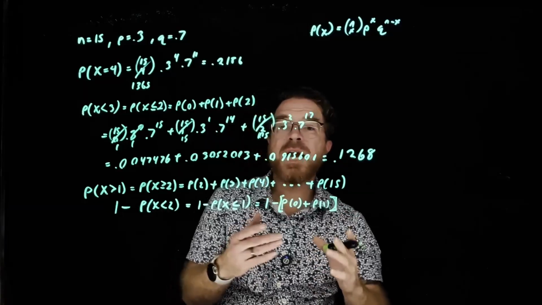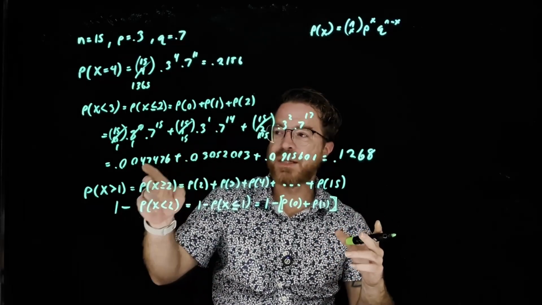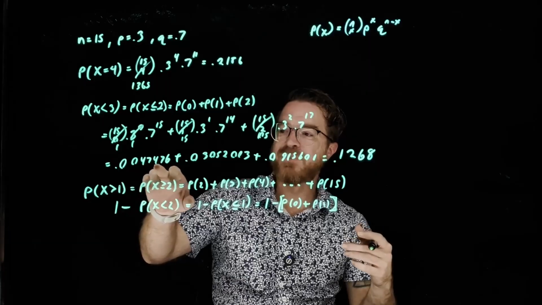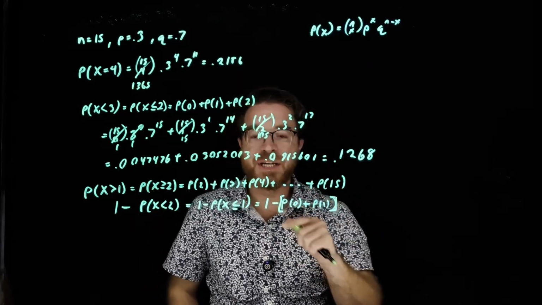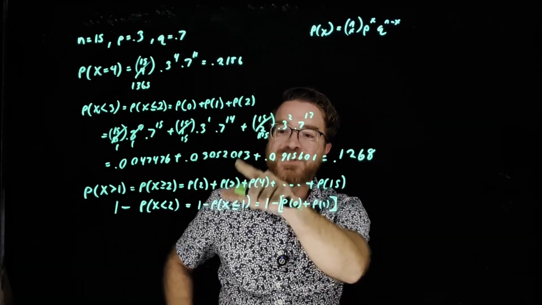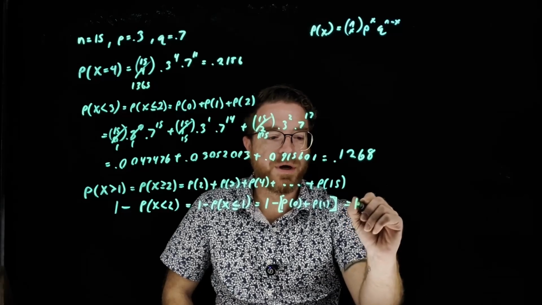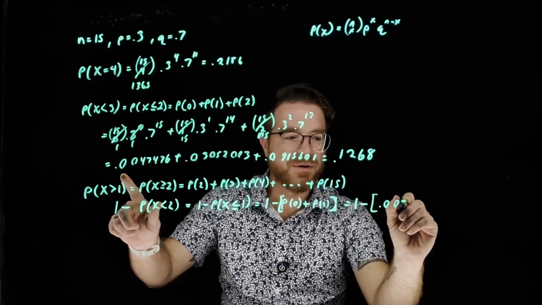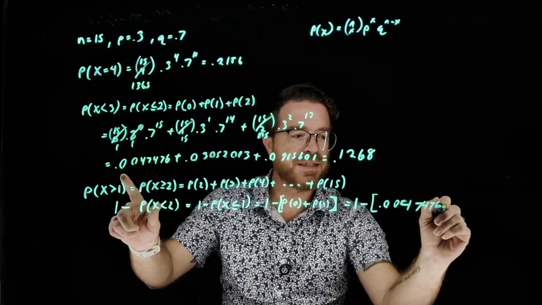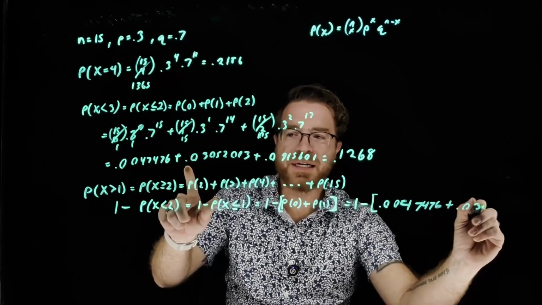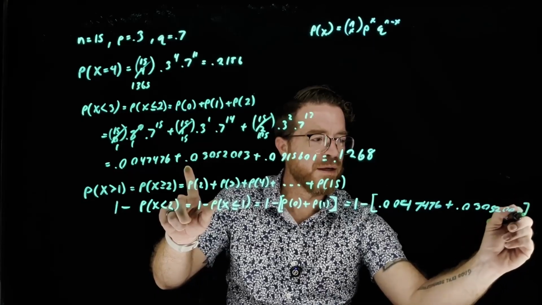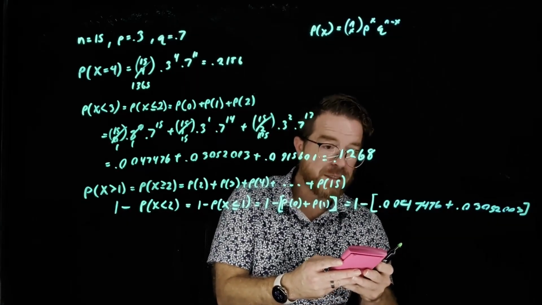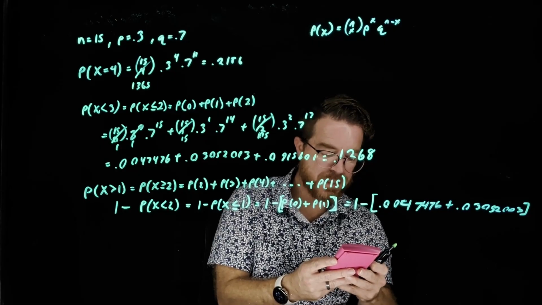Now, thankfully, we actually already have these values from the last set of calculations we did. The probability of 0 people owning a tablet computer is 0.0047476. The probability of only 1 person from our sample having a tablet computer is 0.03052003. So then I'm just going to take 1 minus 0.0047476 plus 0.03052003. So I'm going to figure out what this value is, subtract it from 1, and I'm going to get a probability of, so 1 minus 0.0047476 minus